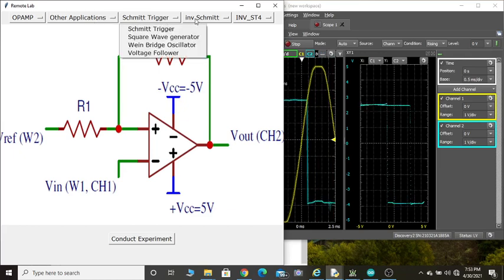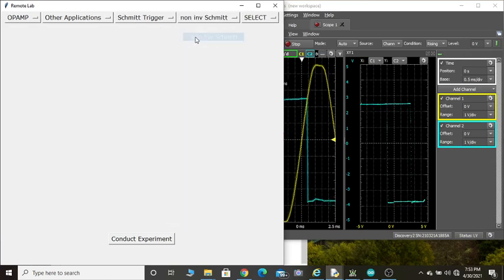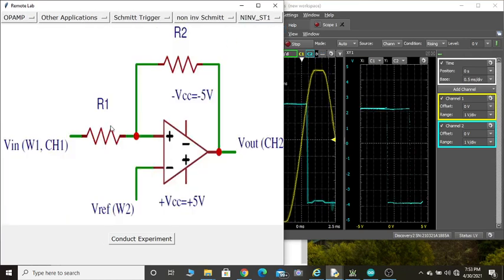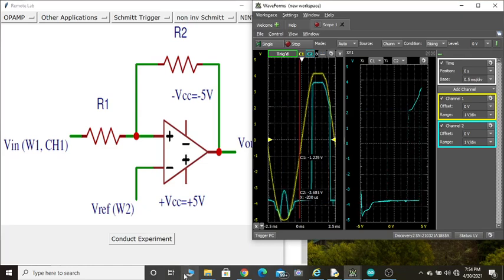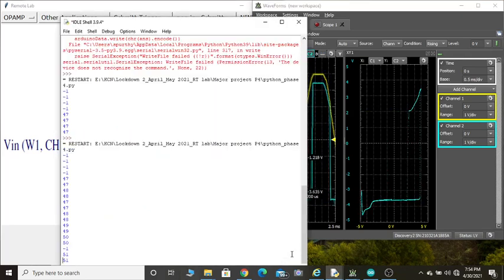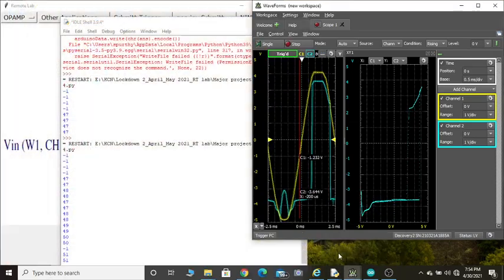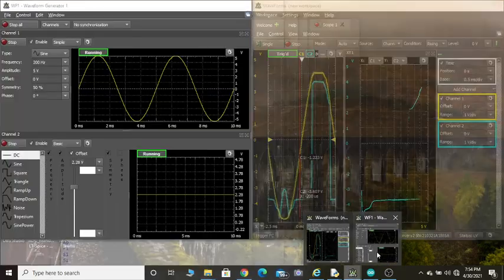So we will also see this Schmitt trigger in non-inverting mode. So this is my non-inverting Schmitt trigger. Now the input voltage is applied over here, and this is the reference voltage. I will select the first combination and switch this on. Here we need to be a bit careful. Let me apply slightly lesser amplitude. I'll go back to this and apply a bit lesser.